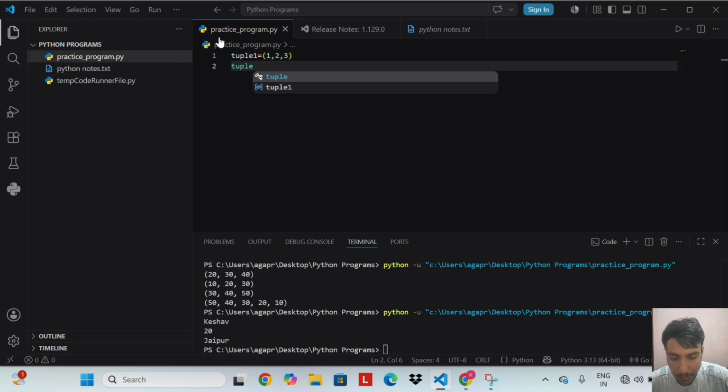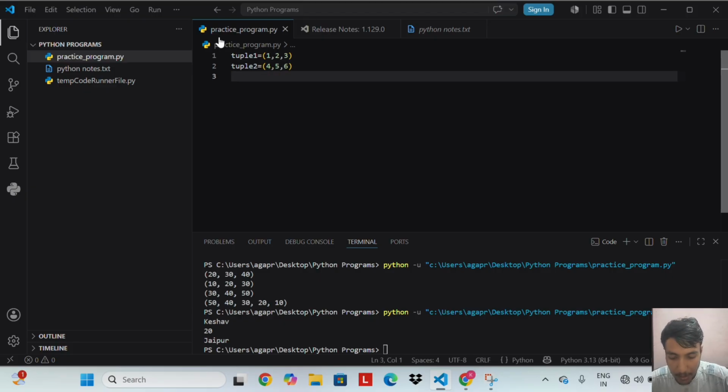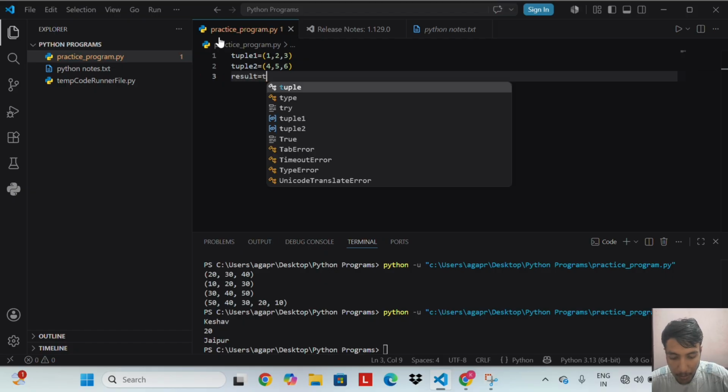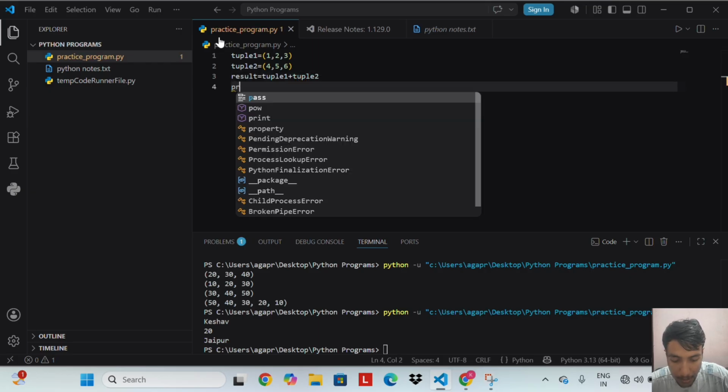Tuple 2 equal to 4, 5, 6. Result equal to tuple 1 plus tuple 2. Print result.